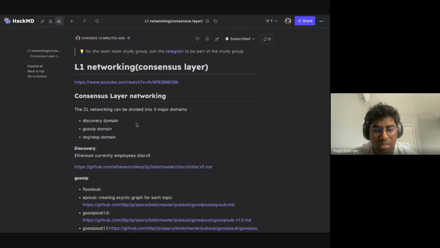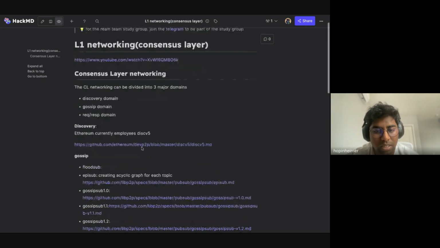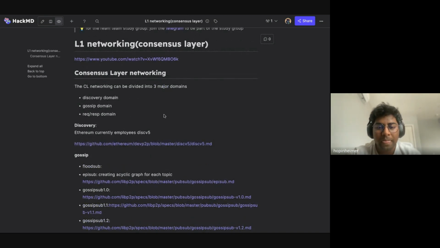There's the discovery part, and there's a gossip part, and then there's a request response domain. So the discovery part mainly focuses on trying to find peers once a node connects to the blockchain. Right now, it uses discv4 where there are some boot nodes, and then from boot nodes you get some peers, and then you can do ambient peer discovery over there.